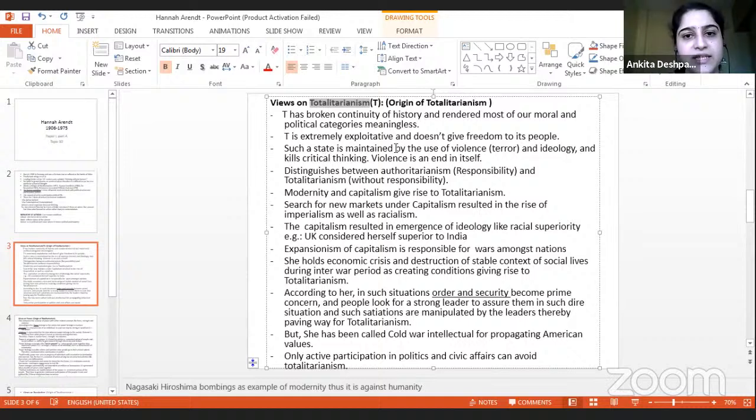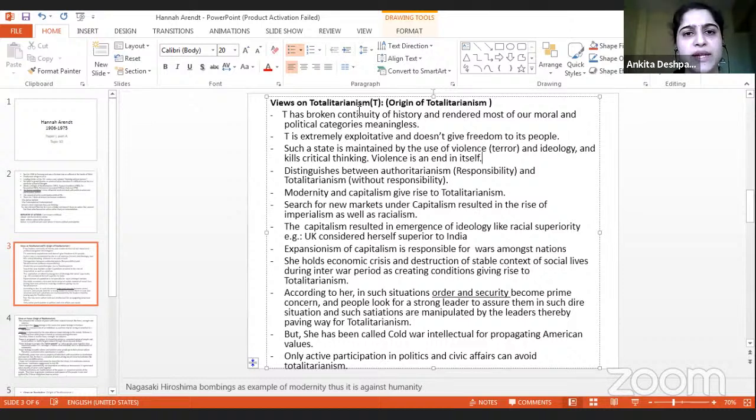Such a state is maintained by use of violence, terror, and ideology and kills critical thinking. Violence is an end in itself. For example, whatever happened under Nazism, anti-Semitism, killing of Jews, Holocaust, mass genocide,